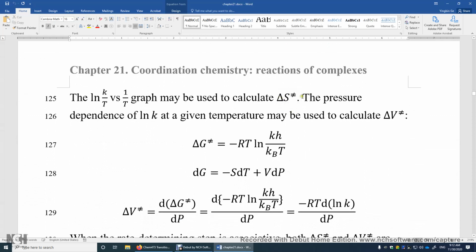Alright, so this is how we determine this, and actually it's a lot of fun to determine delta V double dagger because there's no way for us to isolate the transition state structure. It's impossible. The transition state structure is not stable. It sits on the top of an energy hill. There's no way to just isolate and purify the transition state structure. If you make a lot of effort trying to do that, either you'll get the reactants or you'll get the